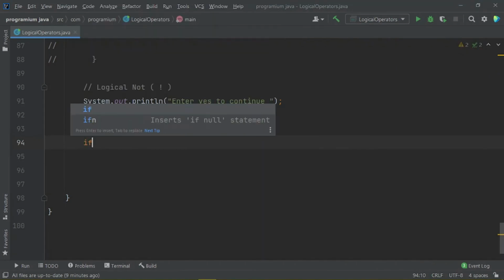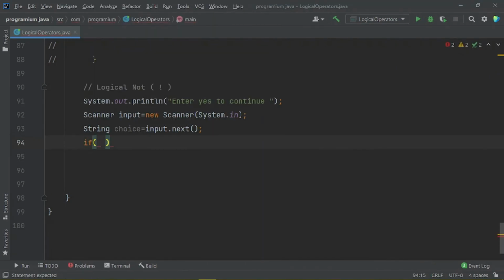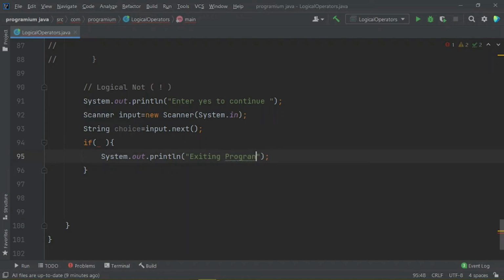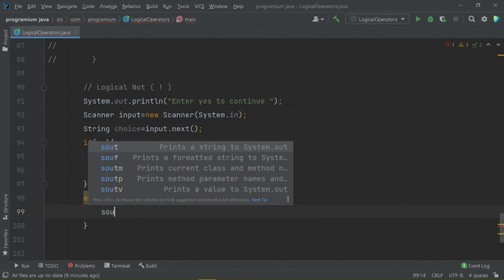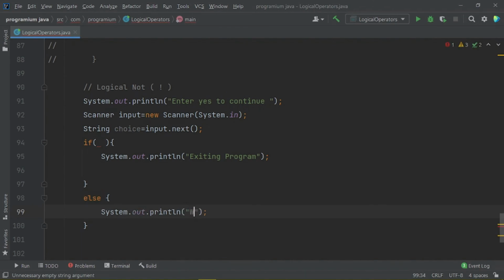So now, an if condition here, and then I am showing here exiting program, and there should be an else statement here also, that would simply show the user welcome to our program.